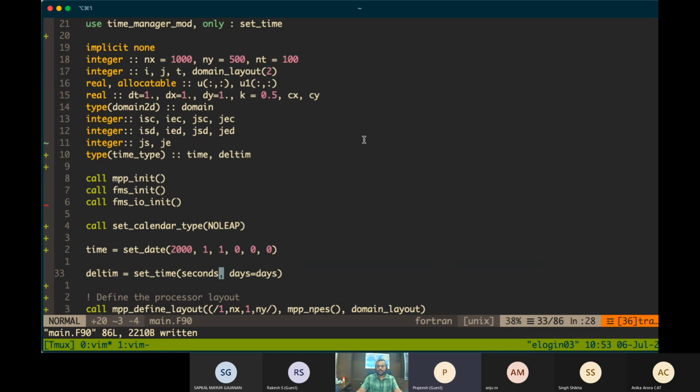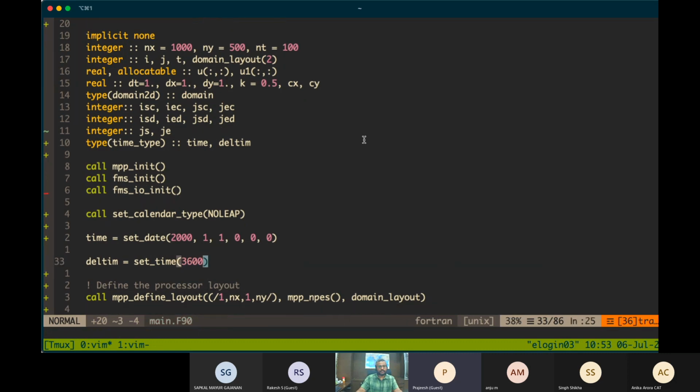If you are using 1 hour, we can give it as 3600 seconds, and you don't need to give anything else. So this means the delta time is set to 1 hour.